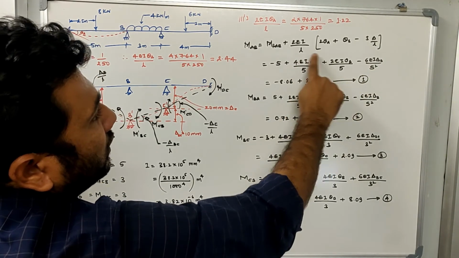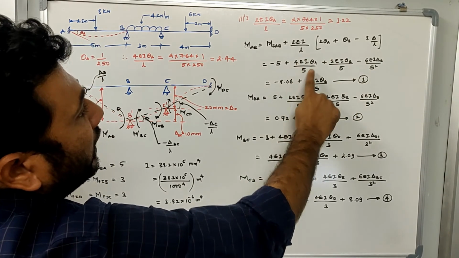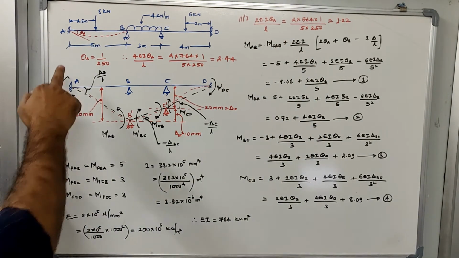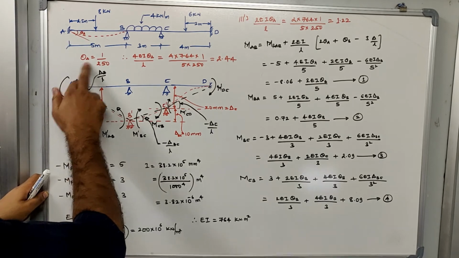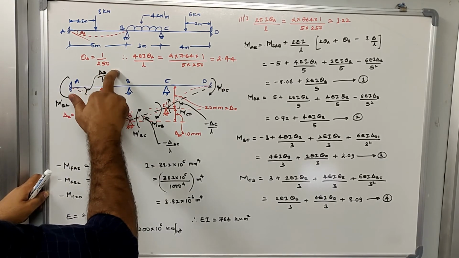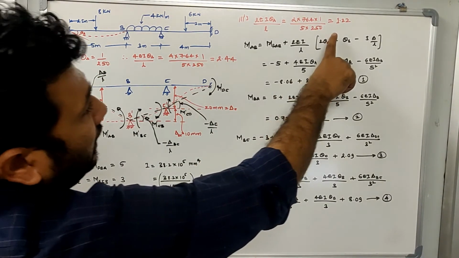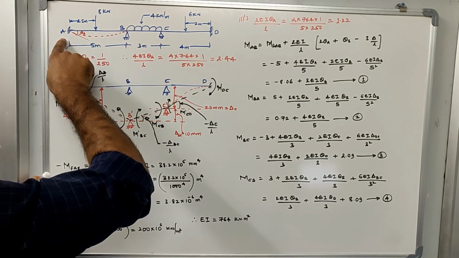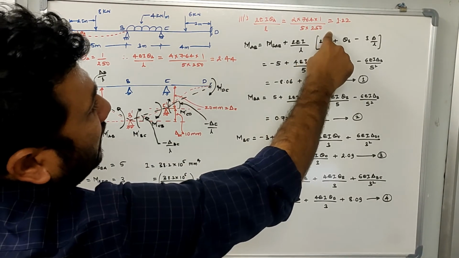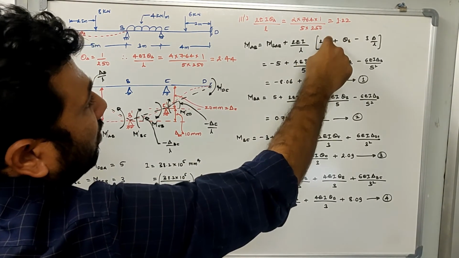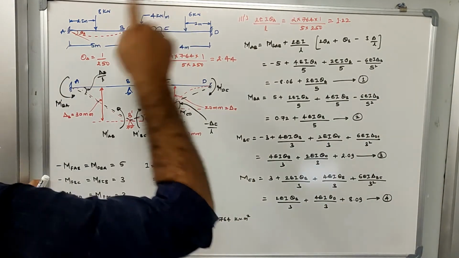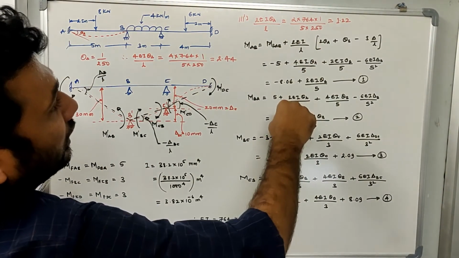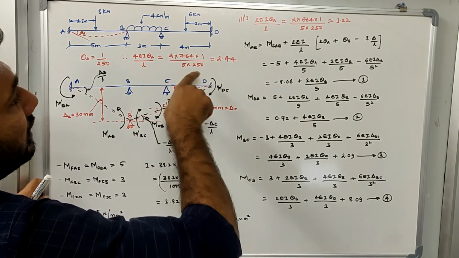Okay, now let us focus on these two terms. Why does 4EI theta A by 5 exist? Because theta A is 1 divided by 250, which is given in the problem. Earlier, whenever we solved the slope deflection equation for MAB, if the A end is fixed, we used to consider theta A equal to 0. But now we cannot consider theta A equal to 0, because theta A is equal to 1 divided by 250. We can substitute that into this equation. So here I have just simplified the equation.